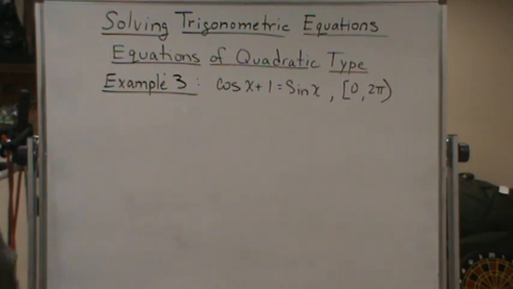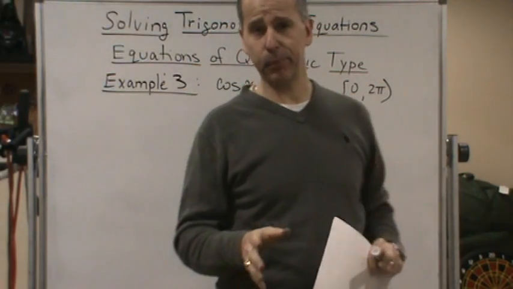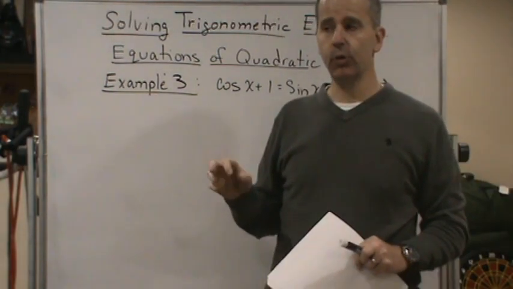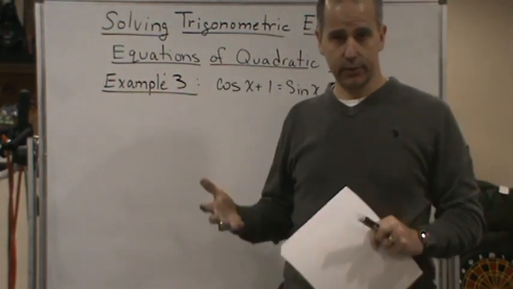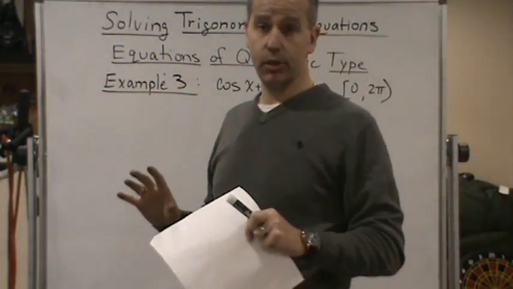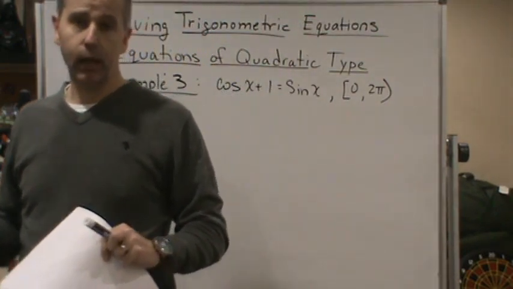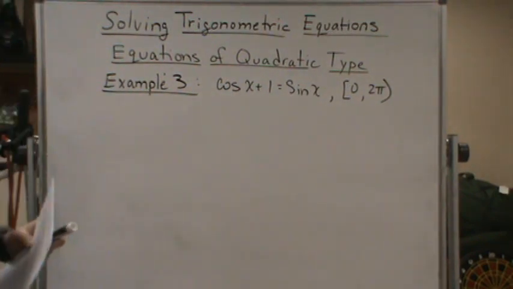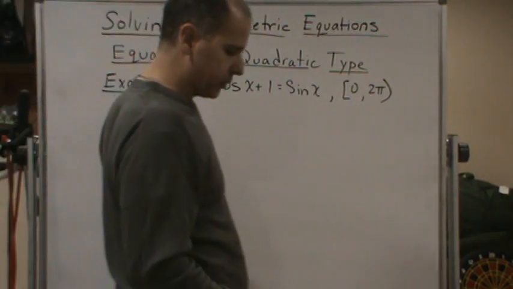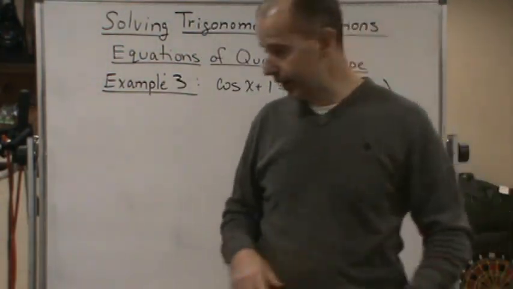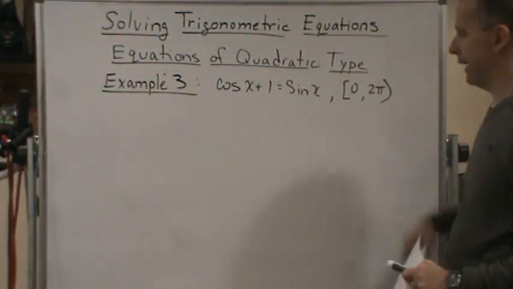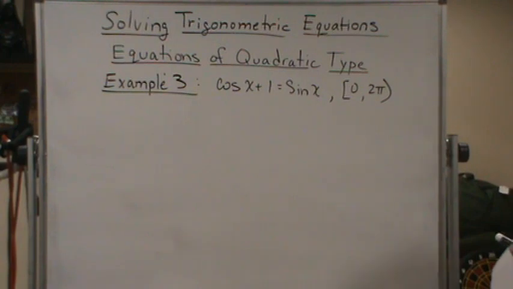All right, so now we're going to do another example. And in this example, we're going to use another technique of basically squaring and putting into quadratic form. So this is going to involve squaring and converting into the quadratic form. So again, this is what we have. Okay, so the first thing we're going to do